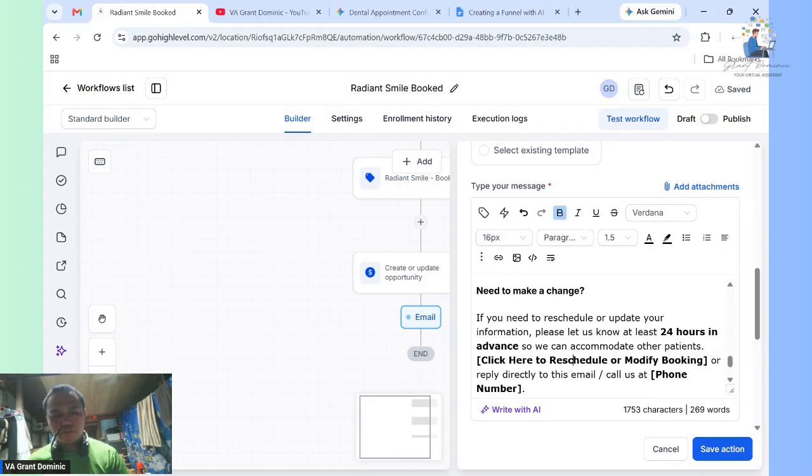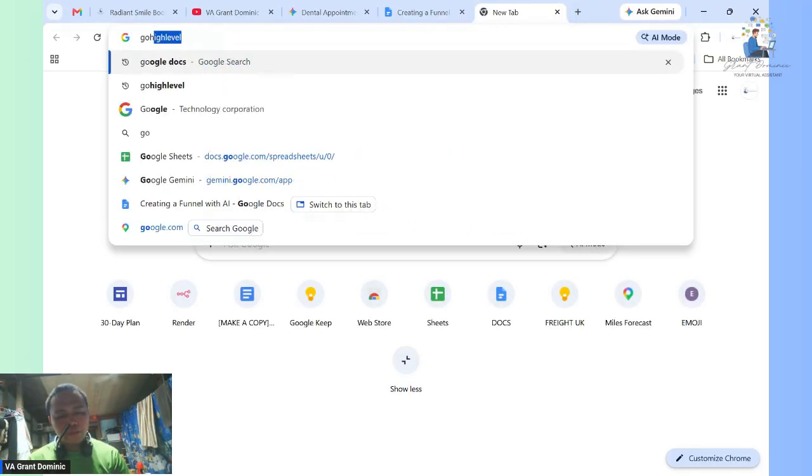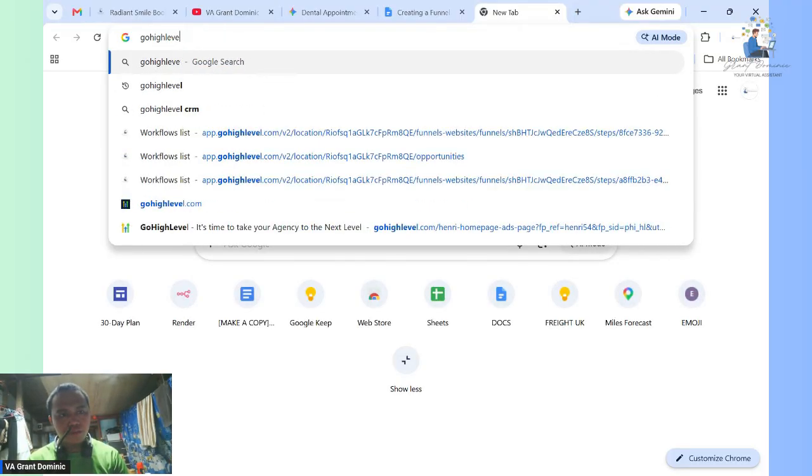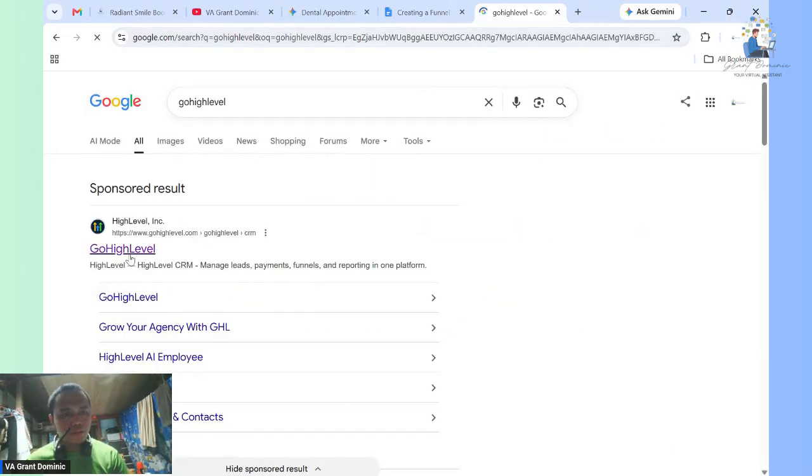Click here to reschedule. So this one we will copy the link for the booking page. So for example, we already connected our funnel to the domain, so we will get the link on that.